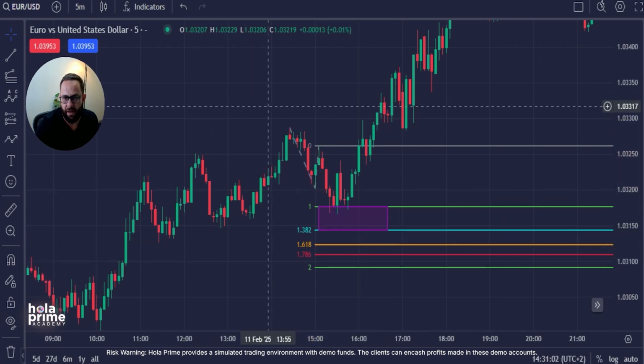Right, so that is the first and most common corrective pattern that I'm going to be talking about during these tutorials. There are also other variations, as I mentioned in the beginning of the video, of these zigzags. So you get double zigzags, you get triple zigzags. They're a bit more complicated, but what's really nice about this type of analysis is that when you do go and study their behaviors or their characteristics, if you want to call it that, they tend to repeat very often the same sort of price movements in their ranges, and sometimes in the time that they take to form,